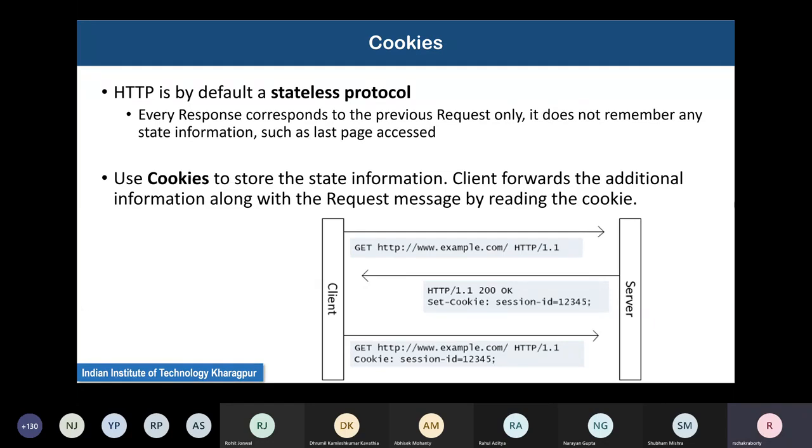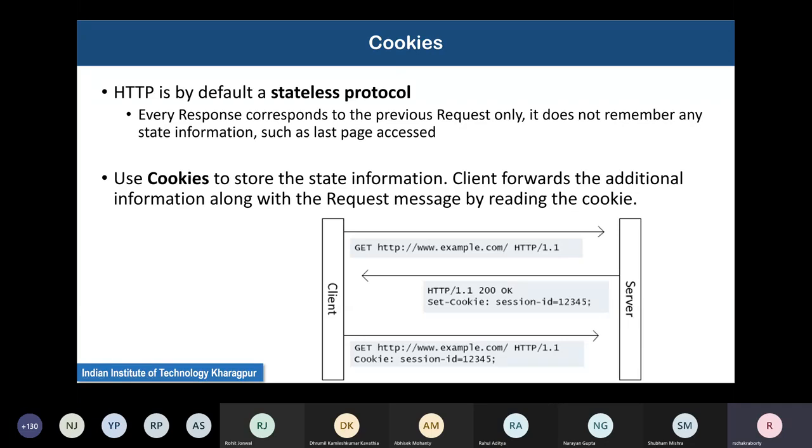Now, when the client makes a request to a server, the server sends back the necessary information, but it also sends a Set-Cookie value in its HTTP packet. The Set-Cookie value is usually a small session ID number like this, 12345. This is stored on the client side. So your client has to allow this cookie to be set. Usually modern browsers will pop up a message: do you want to set a cookie? You say yes, only then this Set-Cookie command will be effective